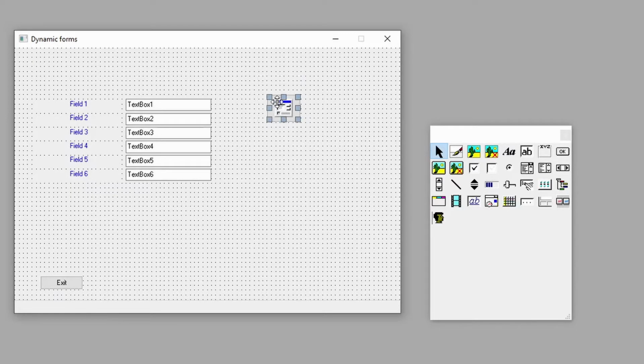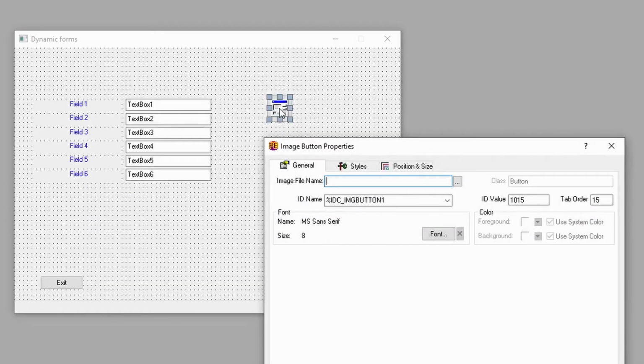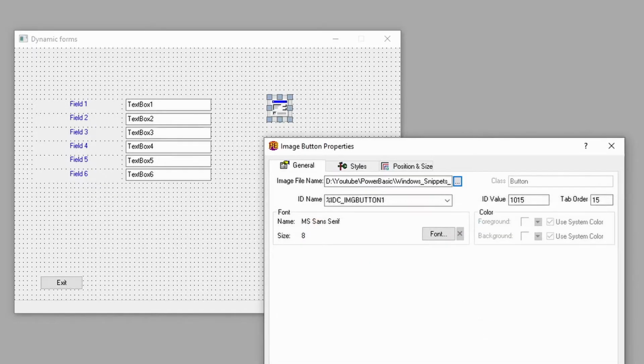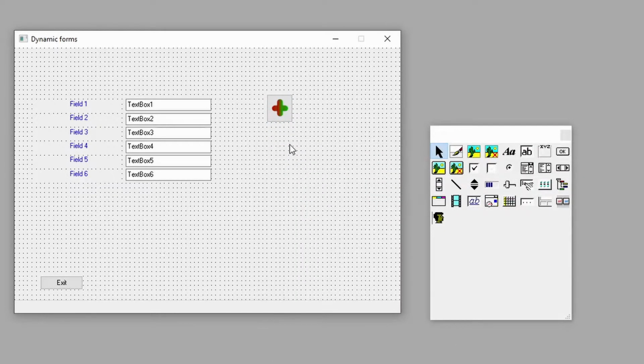And in our image button we're going to put an icon. Quick double click on it and we'll browse to the icon we're going to be using, and we will add it to the object. So we now have an image button, and we're going to put code behind this image button to add and remove fields from the screen as the user presses on the button. So we'll just save that now